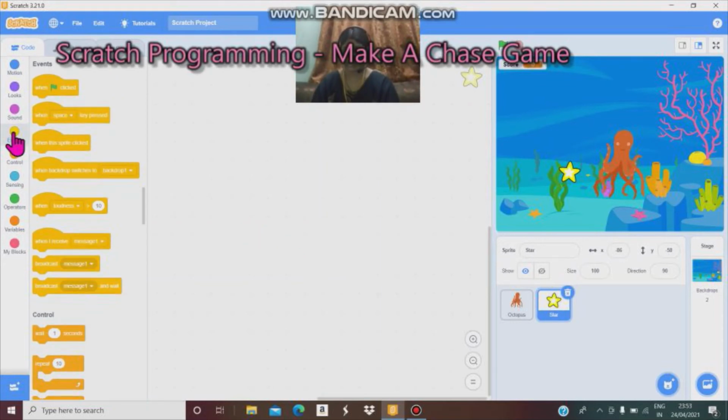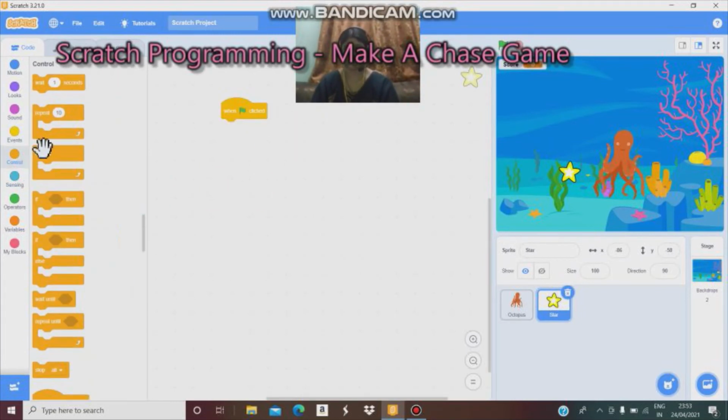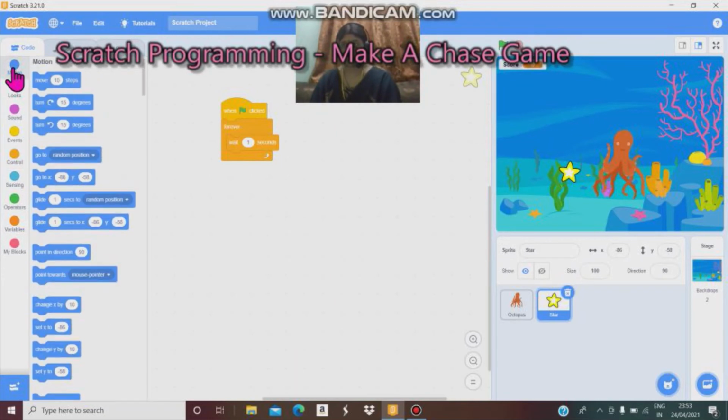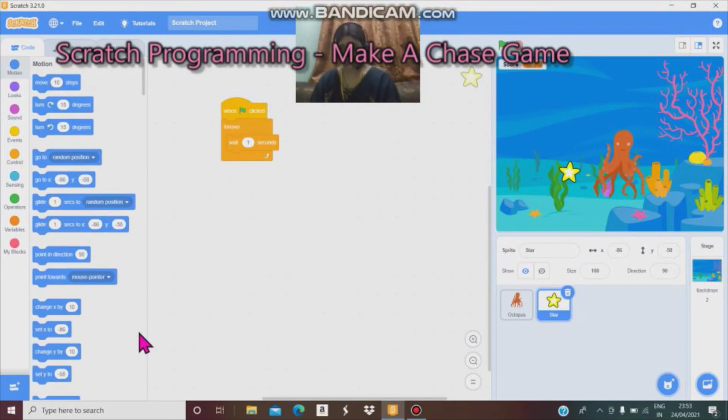Click events button, drag when flag clicked into the script area, then go to control blocks, drag forever blocks into the script area, then drag wait 1 second inside forever blocks, then click motion blocks.